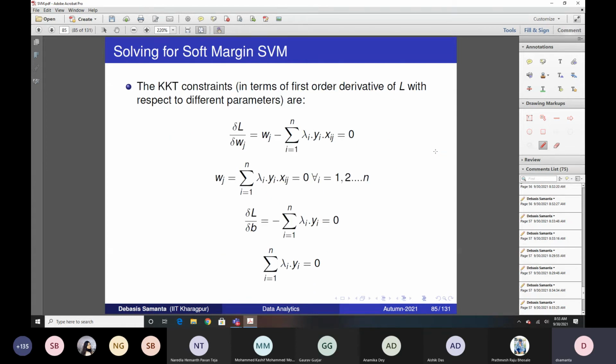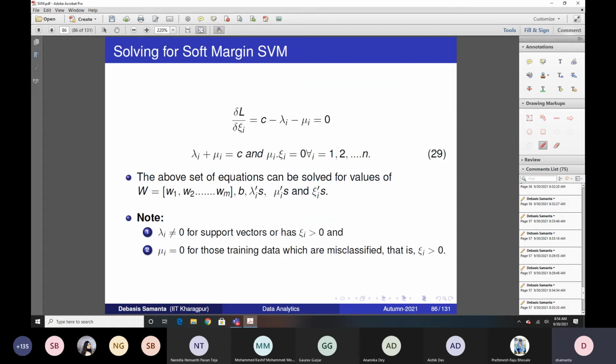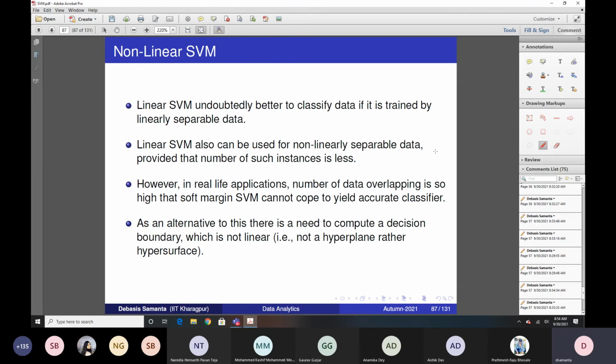But this problem is the same concept. The way we solve the linear SVM using LMM is also like this, but adding one more constant to the Lagrangian, that's all, and it is a bit computationally expensive. But one limitation of this approach, which is why I don't want to discuss it in detail, is that it is applicable only to non-linearly separable data which are not very non-linear. That means it is not too zigzag, only slightly zigzaggy. Then only the soft margin SVM really works for you. Otherwise, it is not a good approach.